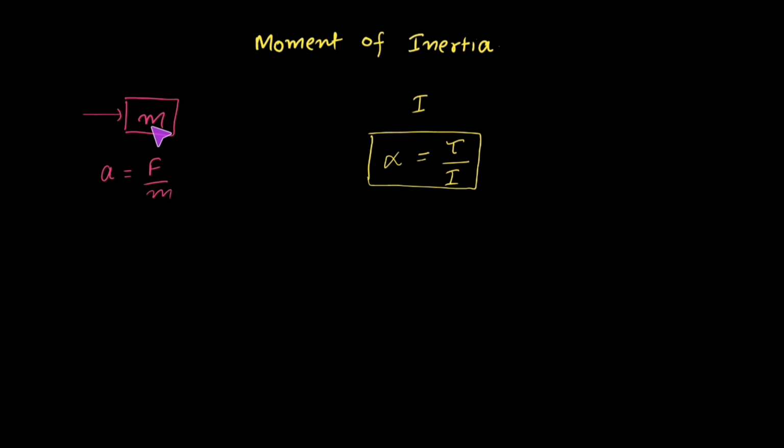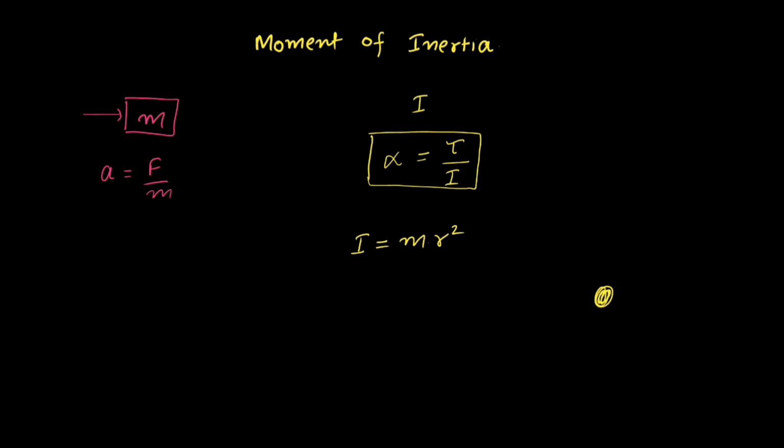Moment of inertia is the mass equivalent in rotational or angular motion. As in linear motion, mass will always try to resist the body being linearly accelerated, similar to that in rotational or angular motion, the moment of inertia of that object will try to resist the body being angularly accelerated. So this is the definition. Now coming to the derivation part, the moment of inertia is the second moment of mass. It means m into r square.